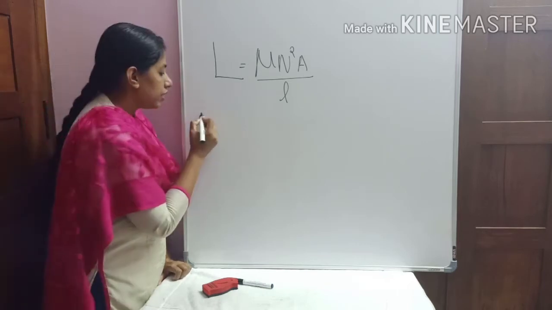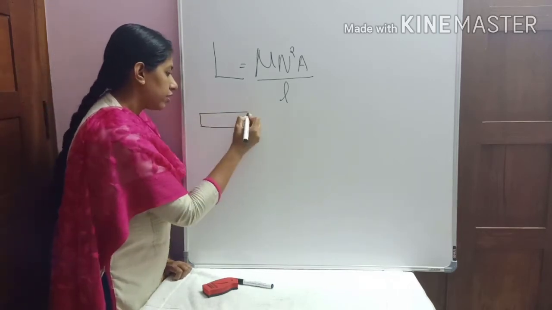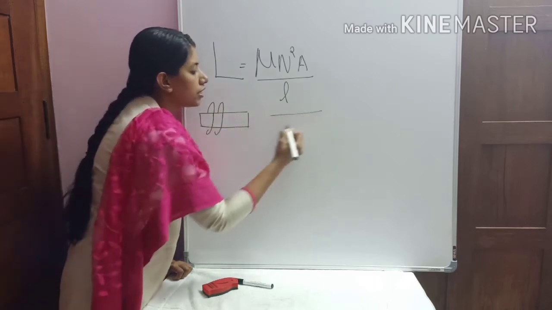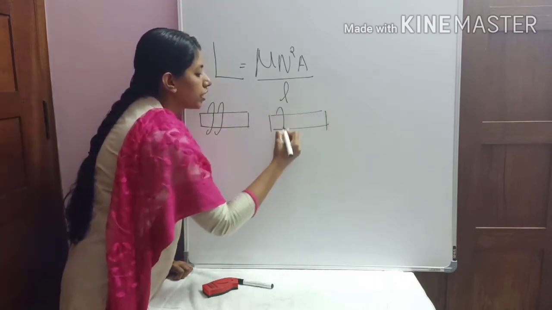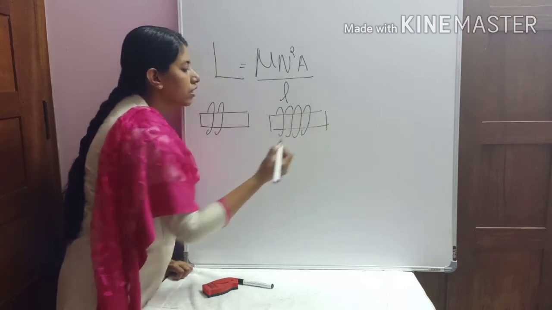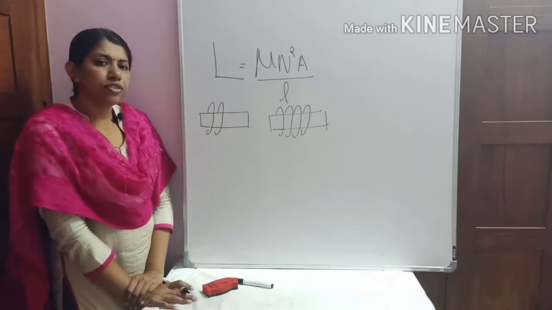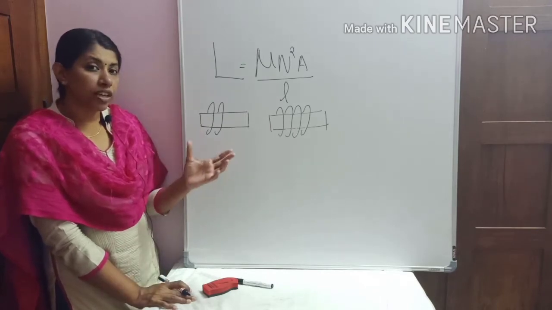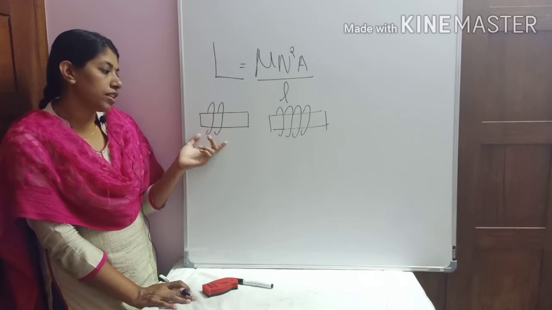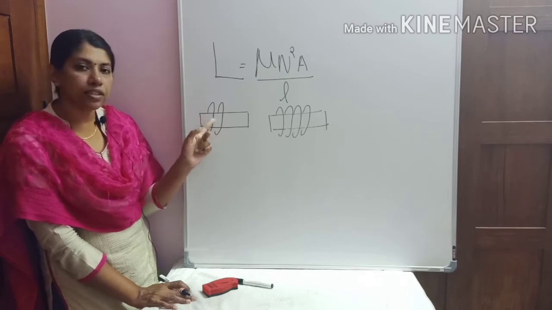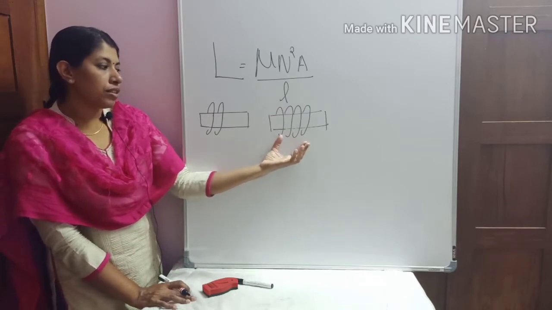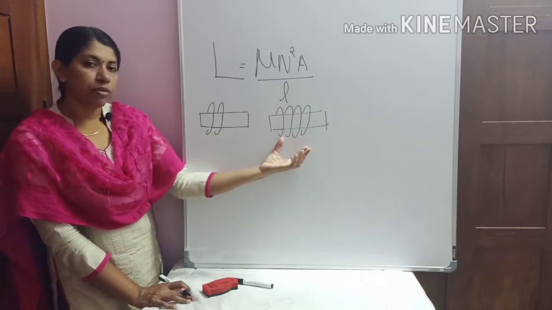So let's see. Consider an inductor having two windings like this. Consider another inductor having four windings. You can see that when the current through the conductor changes, if the current increases, more magnetic field will be produced. Here the magnetic flux linkage is less because there are only two turns. The linking will be between these two windings. But in this case, the magnetic flux will link with the four windings. That means the induced voltage, the EMF, will be more. That is, the counter EMF will be more in this case.